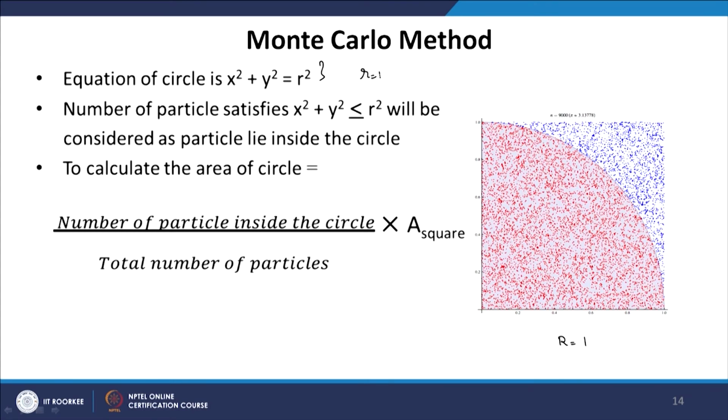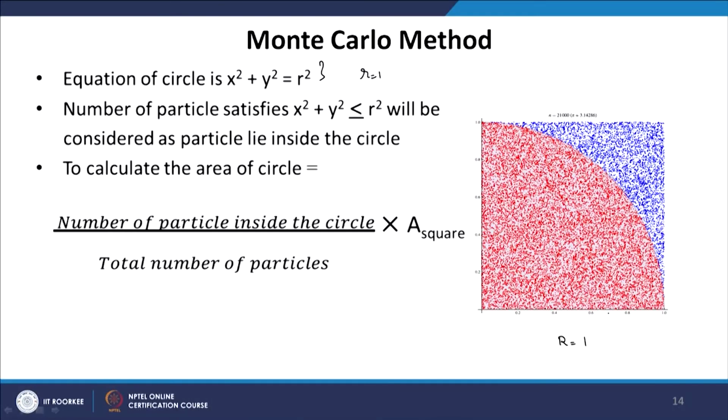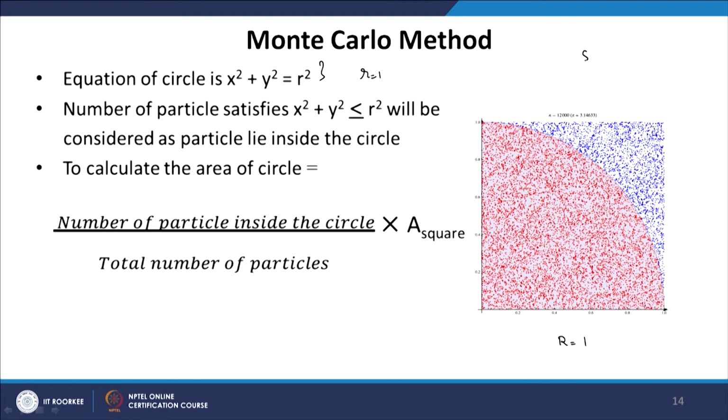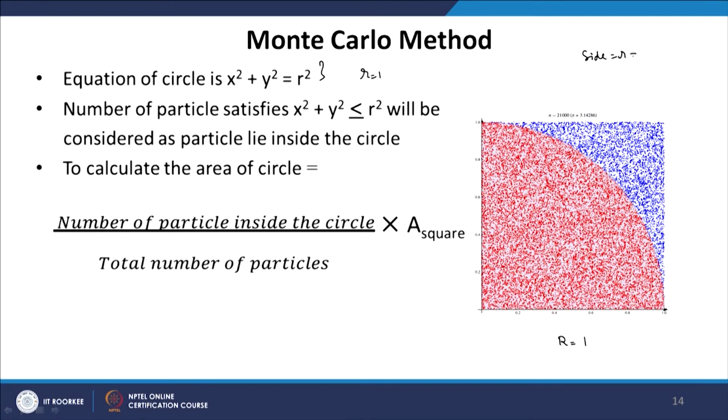Now, suppose we do not know the area, although we know it, it is going to be pi r square by 4, but suppose we do not know it and we want to find out this area using the Monte Carlo method. So, what we will do is we will first define a bounding box. In this case we have defined a bounding box as a square passing through the edges of the quarter circle. So, we have defined this square with side equal to r, which is 1. The square has side equal to the radius.